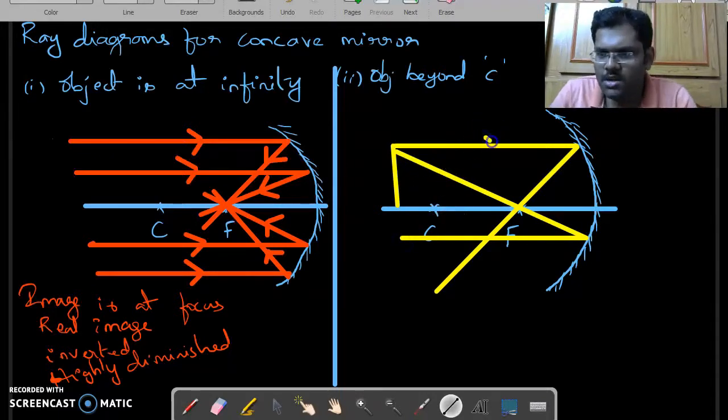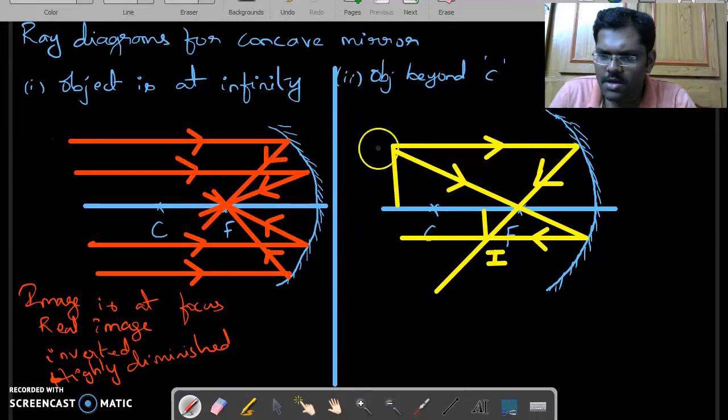Now if we see here, this is the incident ray and this is the reflected ray, and this is the incident ray and this is the reflected ray. We get an intersecting point over here. This intersecting point forms an image, right? And here we get an image of the object O. So when the object is kept beyond C, the image is formed